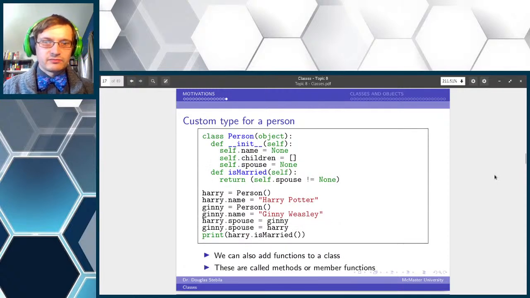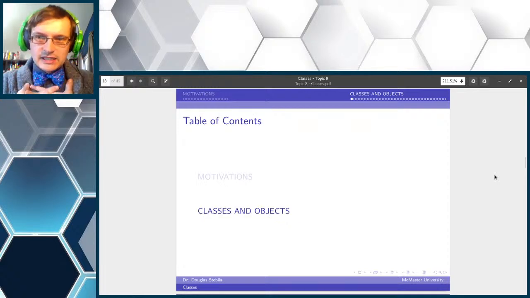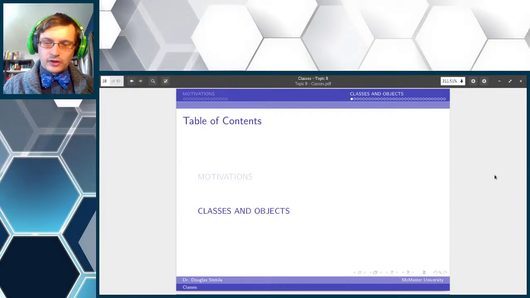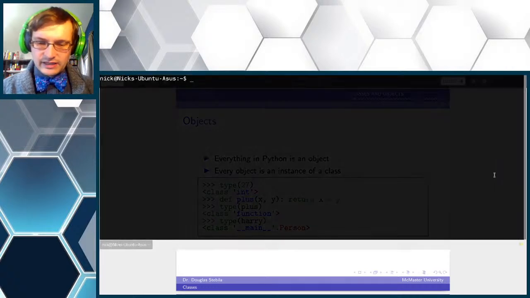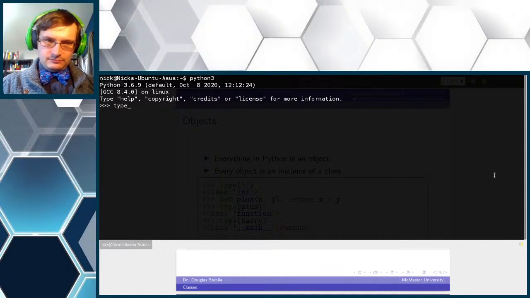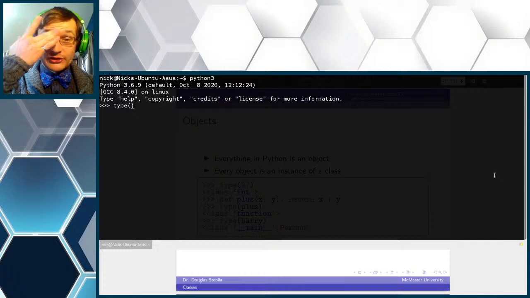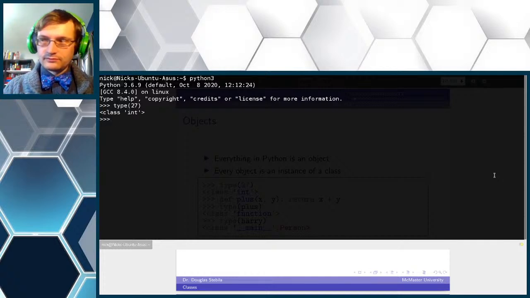So that's classes. We did some reasonably extensive demonstrations of that last class. So let's talk about classes and objects. Everything in Python is an object. Everything is an object. So if we load up our Python interpreter, we can tell what class an object is by using the type function.